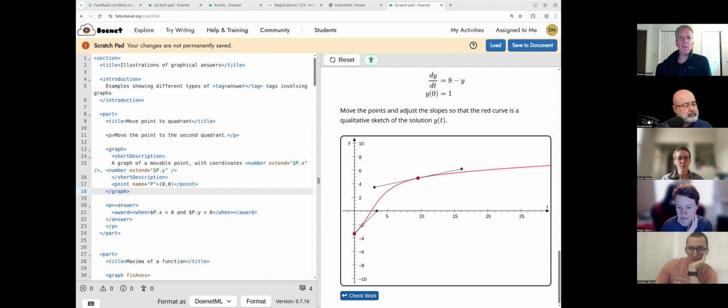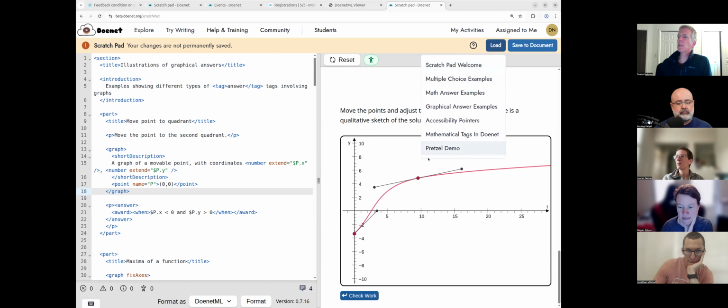Okay. Then I want to show you one more thing before we actually start an actual session. If you go to this load button and go to pretzel demo, I'm going to give you a preview of what we're going to get to at the end of it. This is the thing Anurag's going to show you at the end, but let's give you a quick preview of what he's going to try to show you. Go to pretzel demo, it's going to blow away again. And if you made edits in the left-hand panel, they'll blow away your changes. You go to pretzel demo